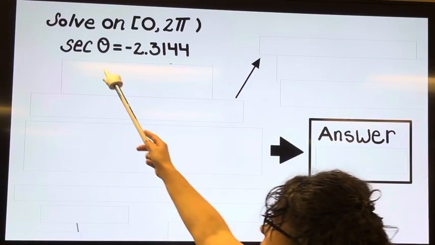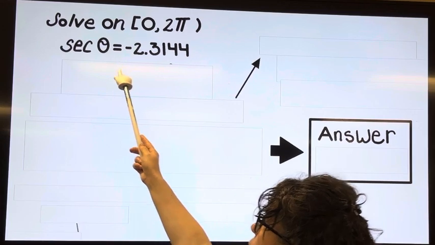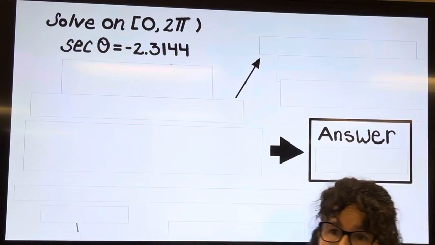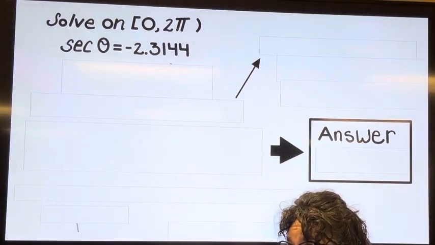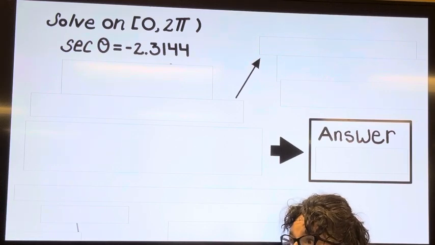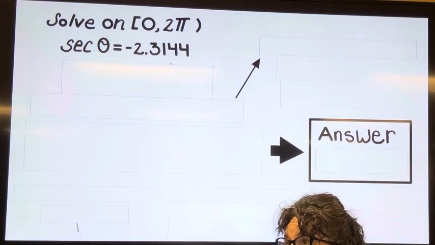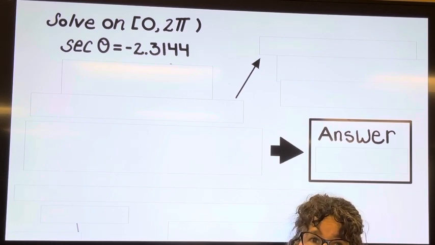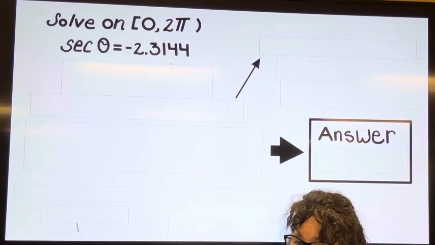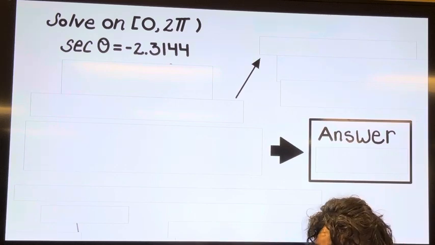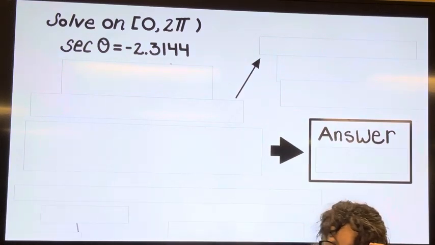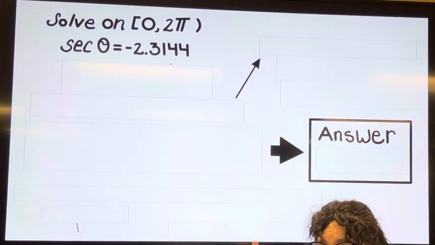So we would like to solve this equation with a trig function in it. And if your original equation has sine, cosine, or tangent, that's good. But if it doesn't have sine, cosine, or tangent, you need to turn it into one of those three. And the big picture, how you're doing that, is once you get your trig function by itself, the reciprocal of